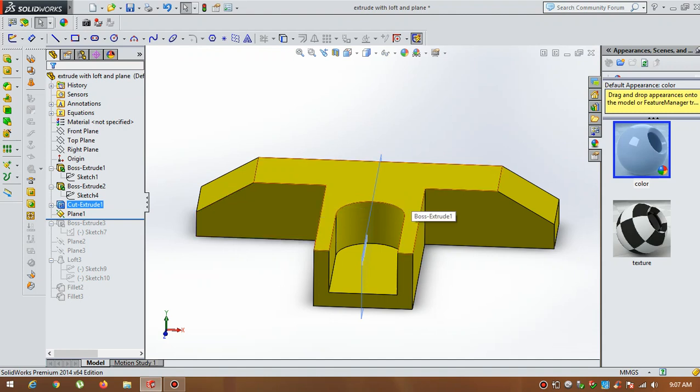First I have drawn this rectangle. Then the second step is drawing this rectangle. The third step is I have drawn this profile, then extruded to a depth of 12 mm. Okay, the fourth step is